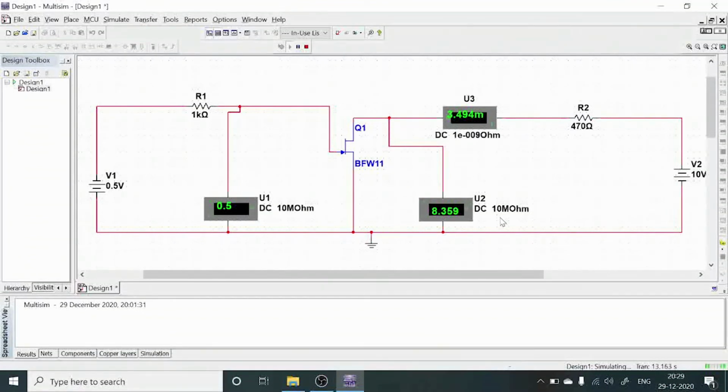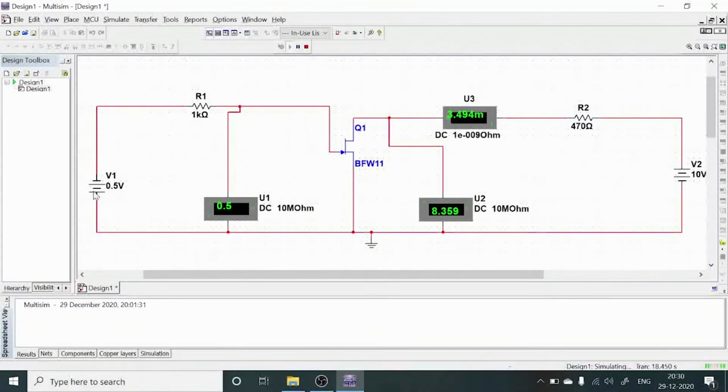The transfer characteristics are drawn between gate to source voltage and your drain current by maintaining the drain to source voltage constant. So that is the reason to observe the transfer characteristics of JFET, we are going to maintain this drain to source voltage constant.